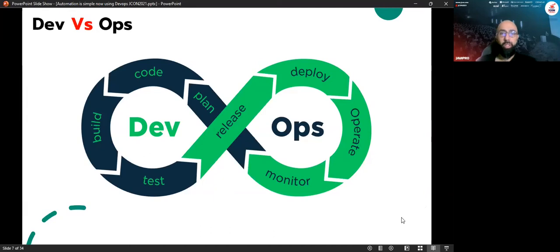So let's assume that the development team creates new code. It will be uploaded to the version control such as GitHub, Bitbucket, or whatever. Then Selenium is going to work to test the code. If something fails, it's up to development to fix the error and so on.